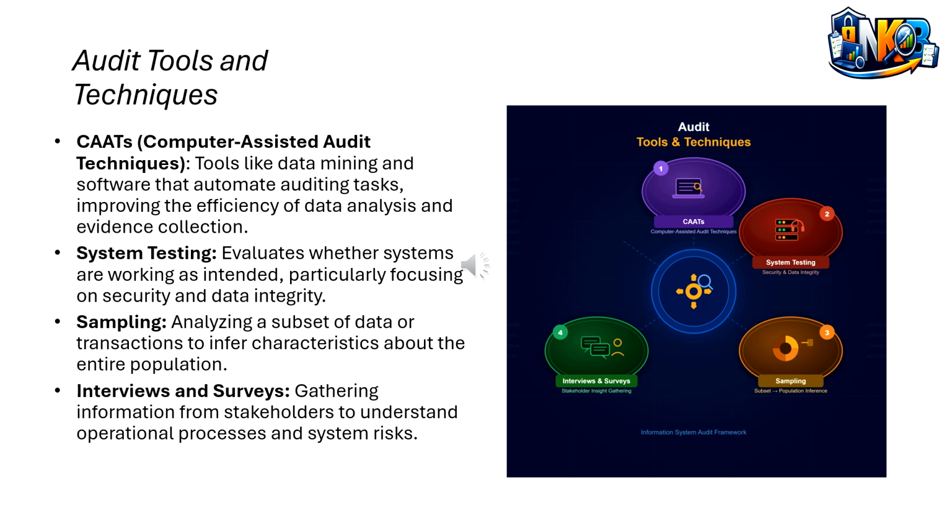This term refers to the practical methods and instruments auditors use to gather evidence, test controls, and evaluate systems. In other words, these are the hands-on approaches that make the auditing process possible and effective. The following tools and techniques will be discussed in this session: CAATs, system testing, sampling, and interviews and surveys. CAATs are tools such as data mining and special auditing software that automates tasks and makes data analysis and evidence collection more